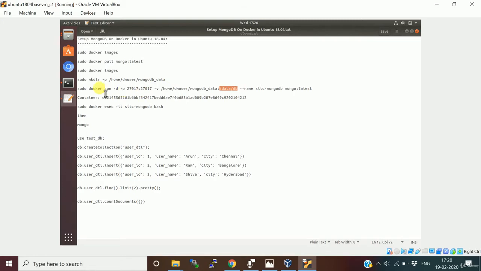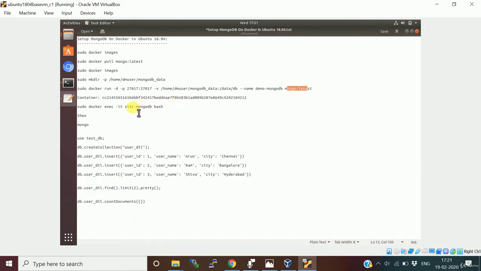So when you run, you are going to use this command, docker run -d, where d is the daemon, and the port number, which is the default port number. You expose your MongoDB port, your local port 27017, and mount the database location, and you name it demo MongoDB.